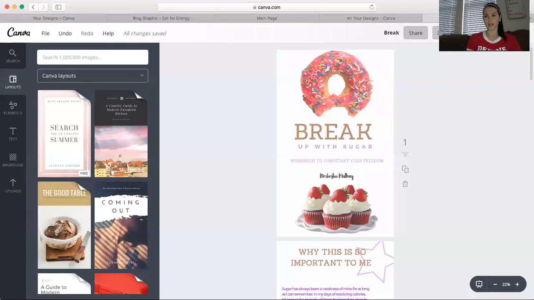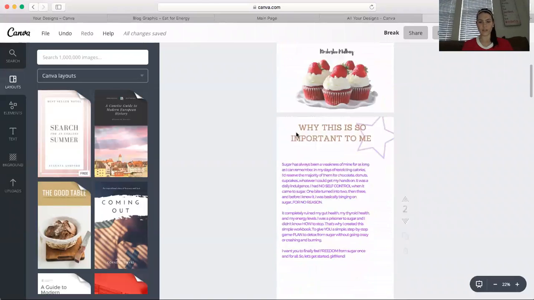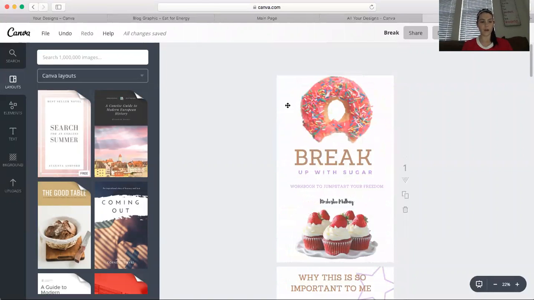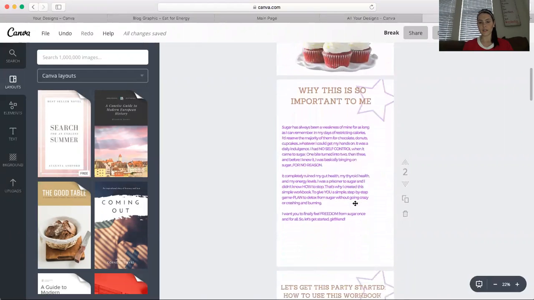And I'm going to be using the Break Up with Sugar ebook that I use, and then I'll show you how to start from scratch, but at least you can see the different layers and things like that I use. So basically this whole background, these little white dots, is a template that Canva has. And then what I did is I kind of used the colors, but